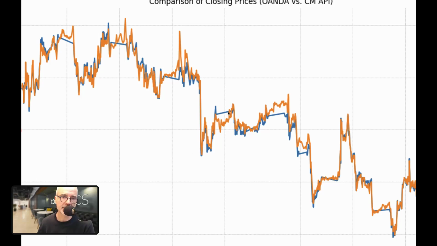So you see here that the euro was a lot cheaper than what you would expect from the OANDA data, and then here it was a bit more expensive. So potentially there are some arbitrage opportunities for people there,